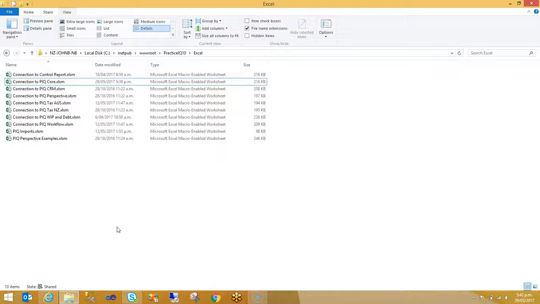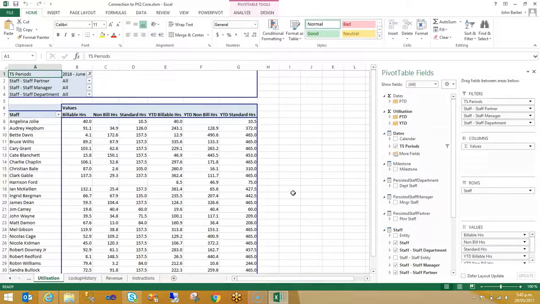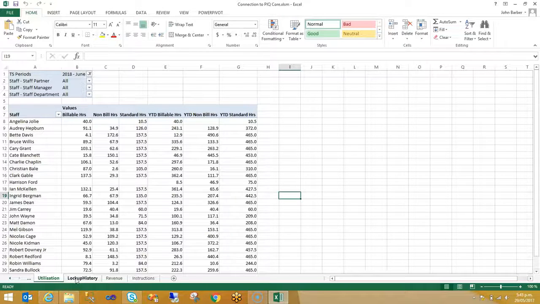So let's move on now to the templates that are available to you from the out-of-the-box solution of Practice IQ. We've built Excel workbooks for every data set that is available across the board and across the whole solution. We're going to start off by looking at the core solution. As I mentioned before, this is your base utilization, revenue and WIP and debt reporting. It's just a matter of opening up the workbook, just like any other one. Okay, and we have a tab per data set, in this case utilization, lockup history and